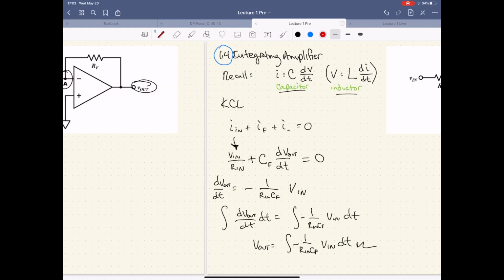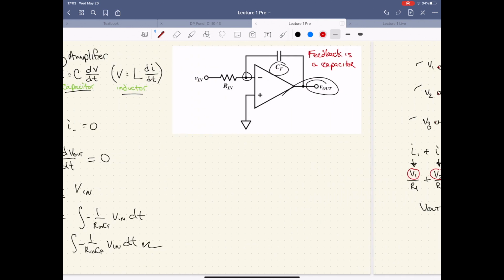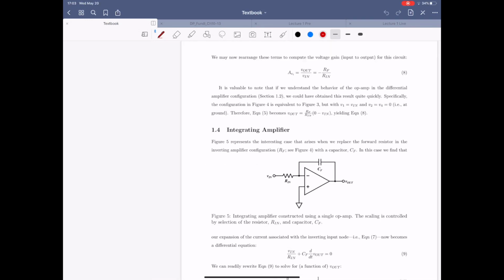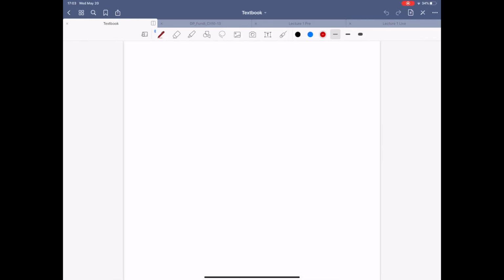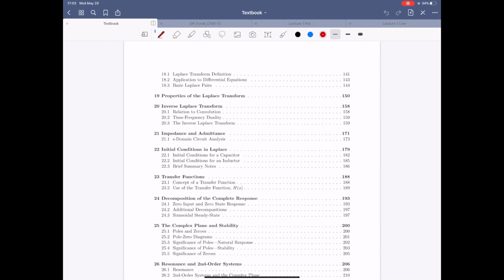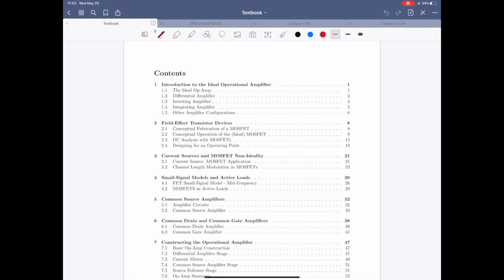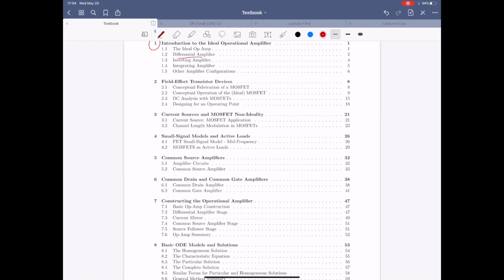We've done 4 different examples here. I'm going to go ahead and open up the book for you guys and show you, if you haven't purchased it already, what exactly is in there and why it might be helpful for you. So here are all the sections that we're going to cover. Right now we're talking about the ideal operational amplifier, and some of the examples I did in the class today